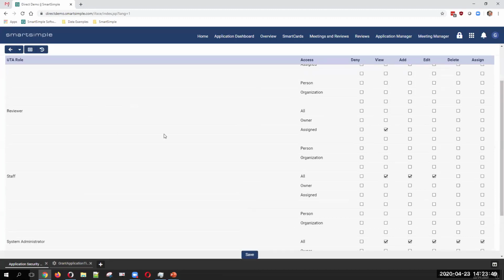So let's go down to our reviewer role. You'll notice that the reviewer role is considerably different from the organization contact role. They are only allowed to view records that they have been assigned to. So reviewers would be assigned directly to an application form or to a level 2 review activity. And if you want to enable something like split screen, they do need to be given view access only to